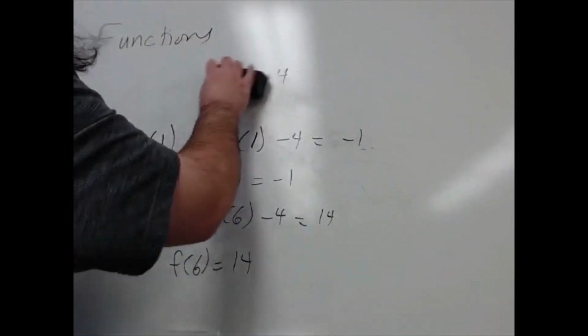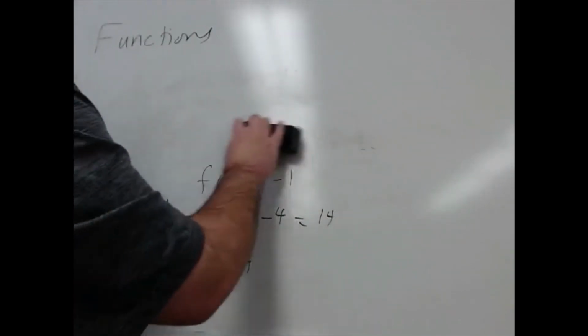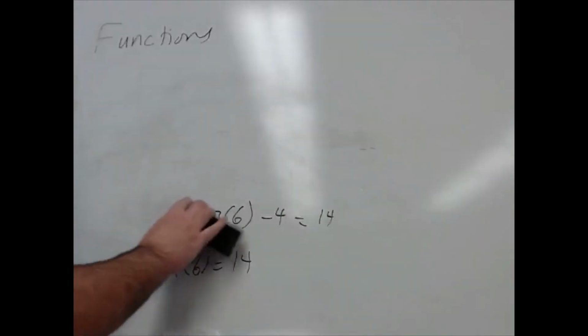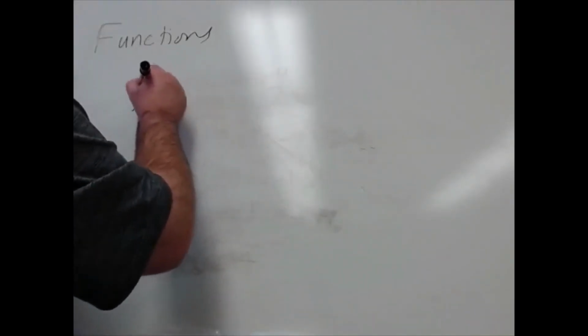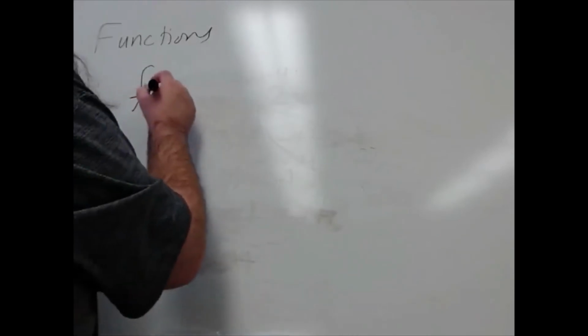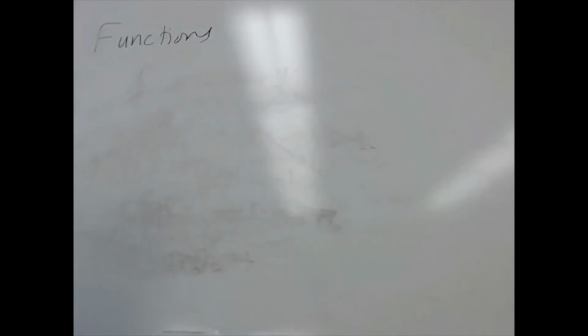All right, so what we've done there is we're taking inputs and putting them into the box. We're finding out what the machine spits out, right? Well, we can also work backwards. If we know what the machine does and we know what the machine spit out, then we can find out what was put into the machine in the first place. So here's an example of that. So let's say we have machine F, actually let's use a different letter just for a little bit of variety. Let's say we have machine M,